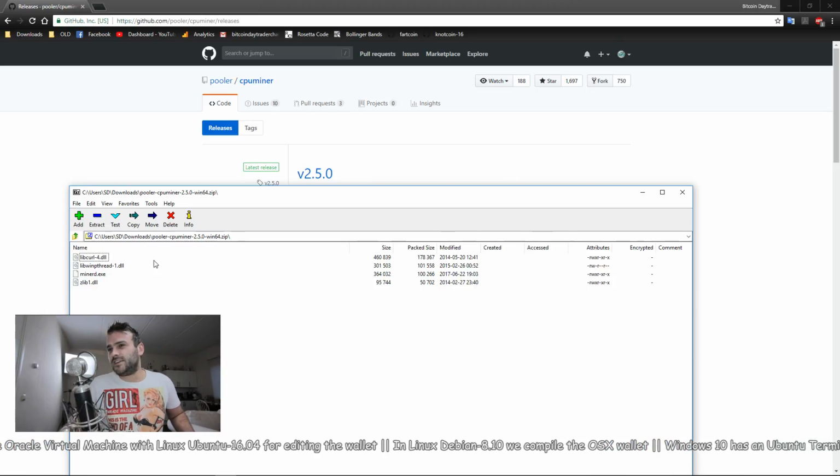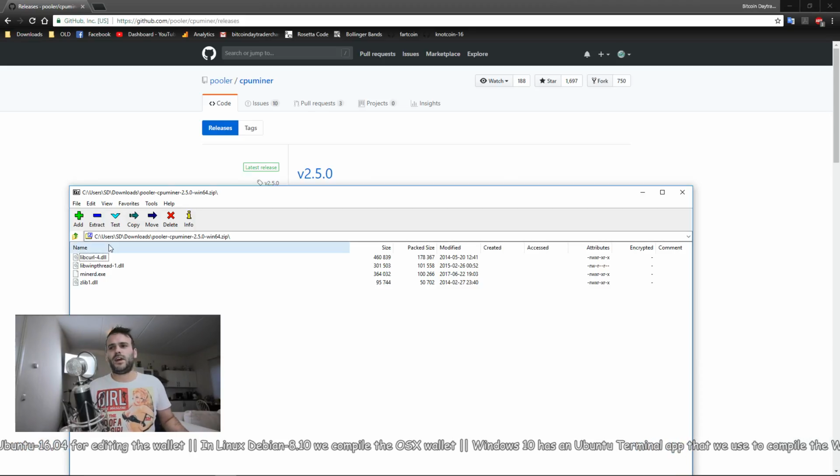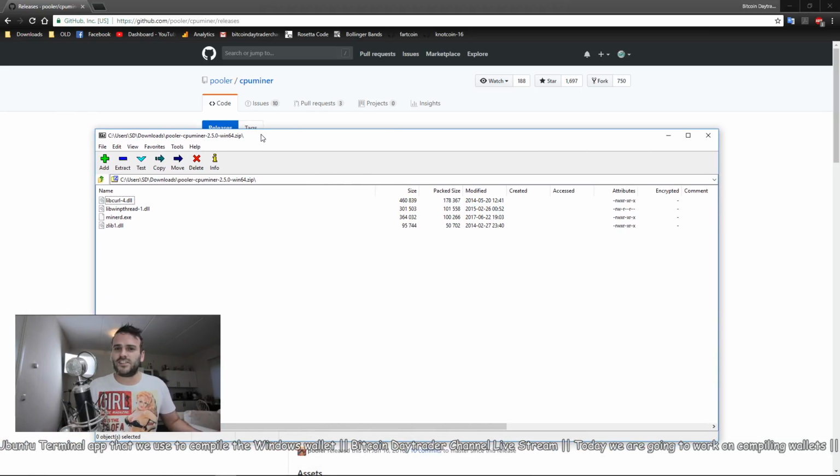And the ERC20 token, I have tried it a little bit, but I didn't want to do it because I wanted to make my own coin, my own wallet and stuff. I wanted to understand Bitcoin, not Ethereum, because I have mixed feelings about Ethereum. I don't know what I think about that coin. I obviously have some of the coin, but